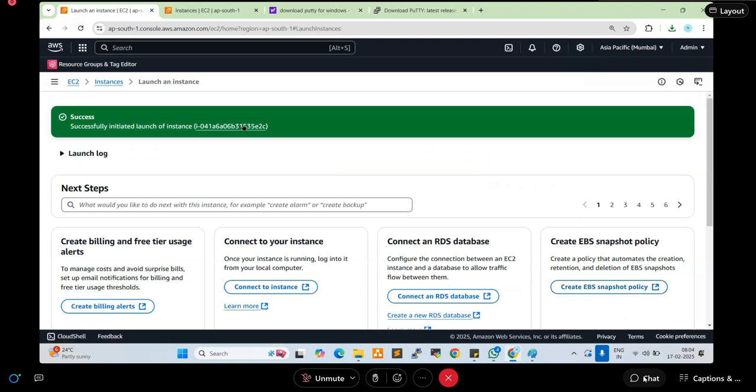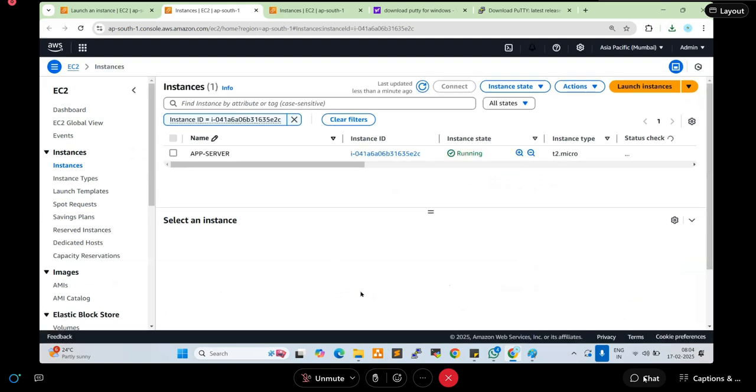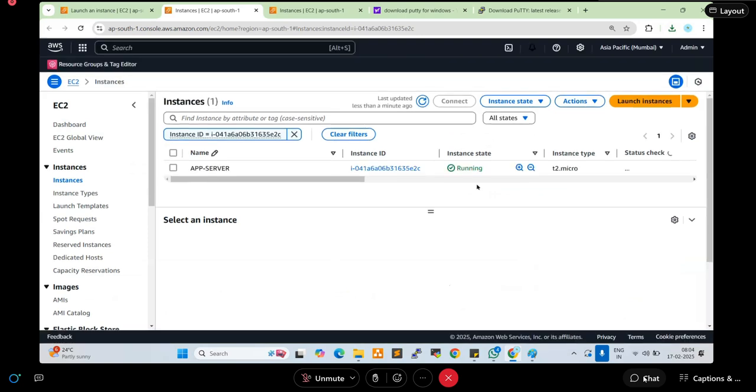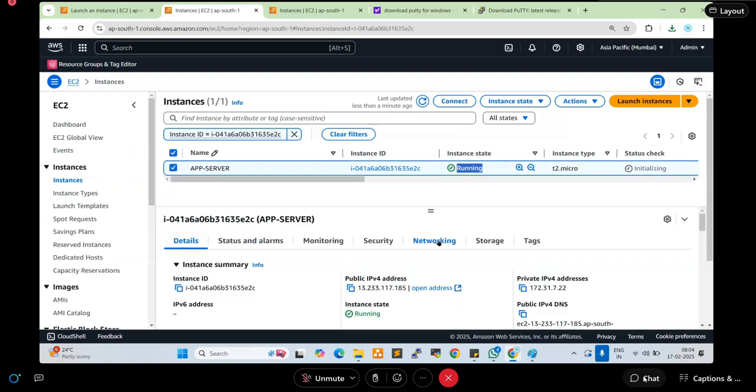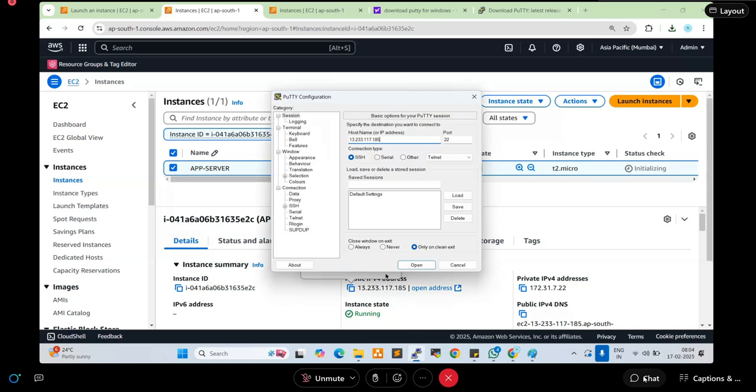All the instances are being ready. Yeah. Now this instance is in running state. So now I want to connect this instance using the PPK which I downloaded while creating the EC2 instance. Okay. Select your server, copy public IP, open PuTTY, paste the public IP here, Control V to paste, expand SSH, expand authentication, click on credentials,